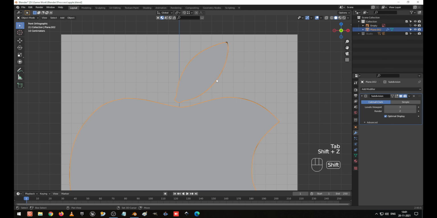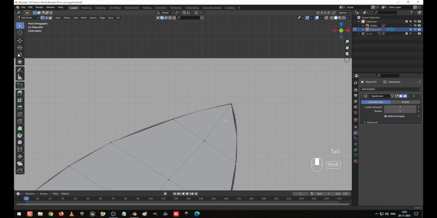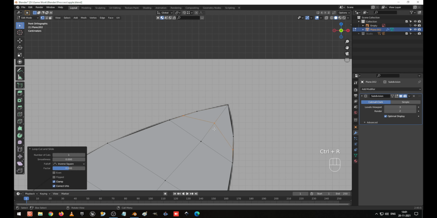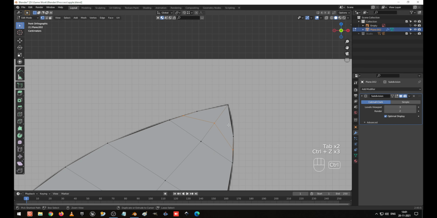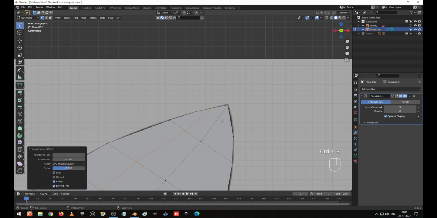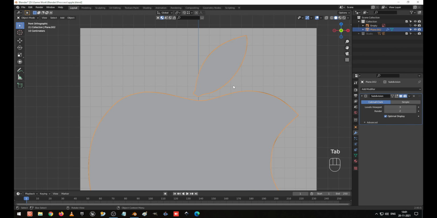Okay, now our shape is ready. Here it's not very sharp, so what shall we do is create one edge loop here, and double G to move like this, and go to edit mode. Okay, it's not happening, so what we can do is create one edge loop here. I create one edge loop here, and select this, and double G to move towards here. Okay, now it has become short.